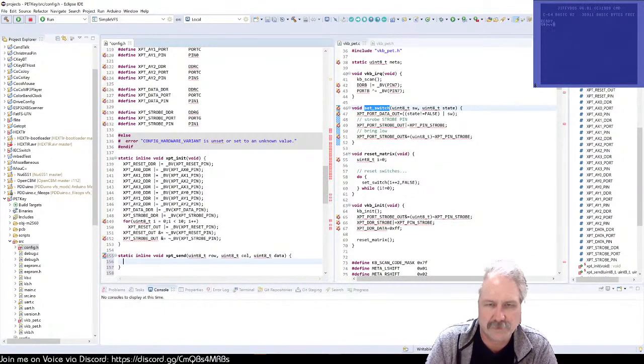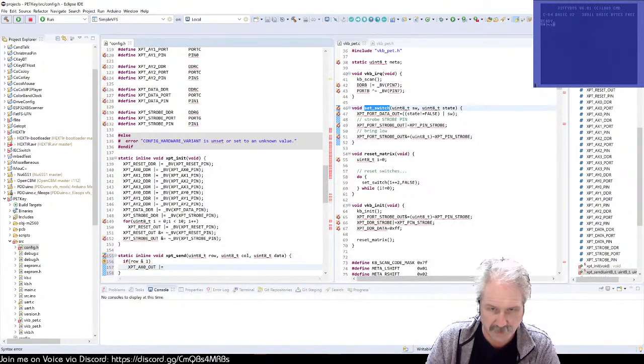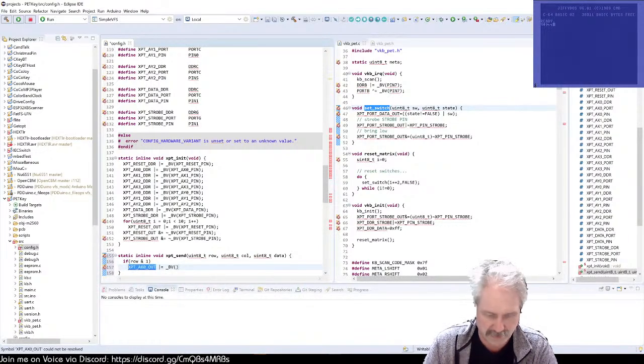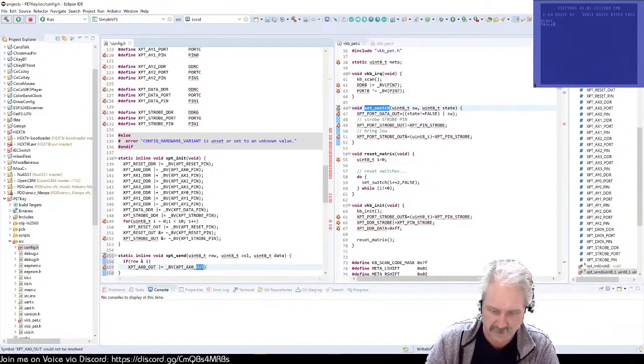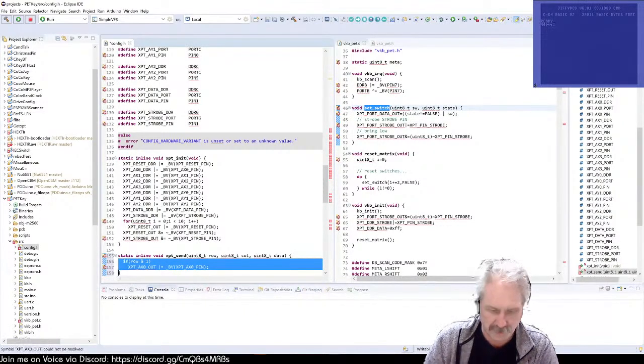Okay, so let's see here. So xpt underscore ax0 underscore out is going to equal, let's do it this way, if row and 1 underscore pv, okay, oops, else